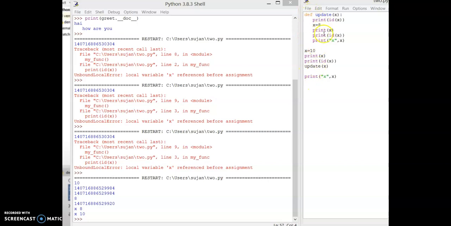If you define the variable within the function, its lifetime is within the function only. That is, it is local to the function. Once you come out of the function, the value we cannot retain. But if you define the variable within the main program, that variable we can retain till the program is over.